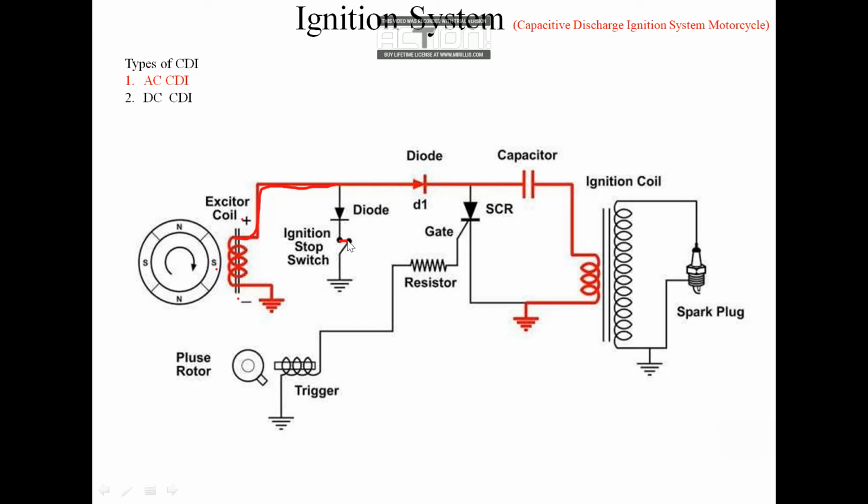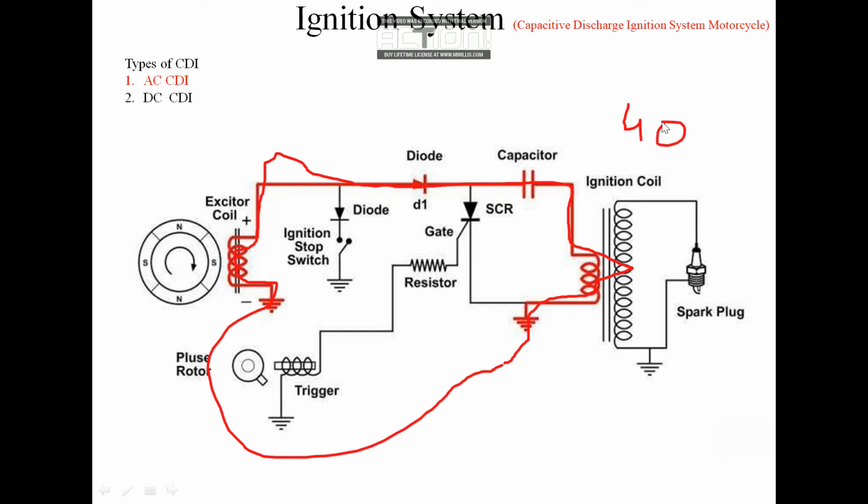Whenever you are turning the key in the keyhole, that time this circuit gets open, and your current is supposed to flow the straight way, not below. Now it passes through the diode, starts to charge the capacitor, and reaches earth. So this thing is shorted here. The capacitor gets charged up to 400 volts during the S pole in front of the exciter coil, positive and negative.